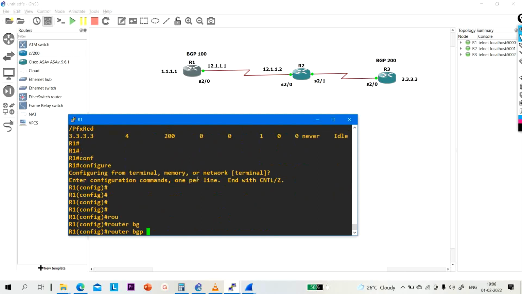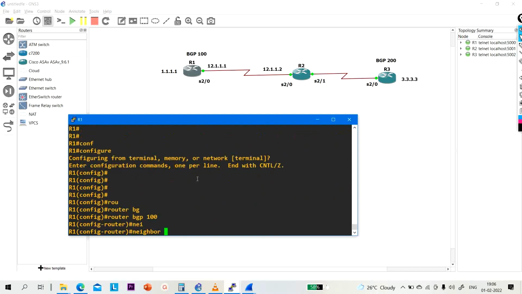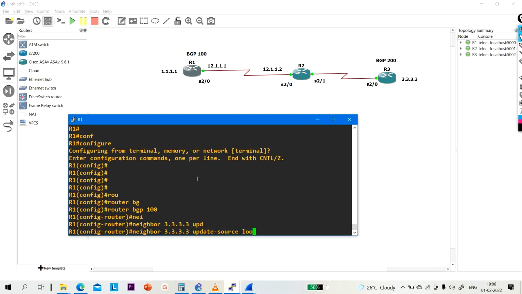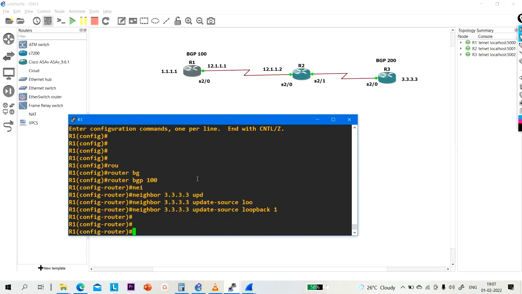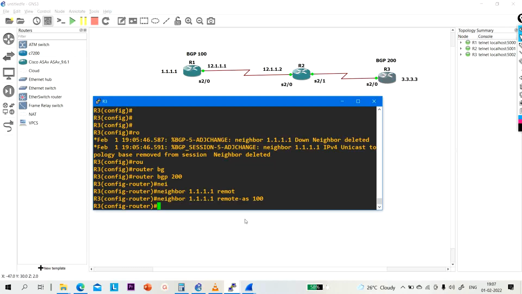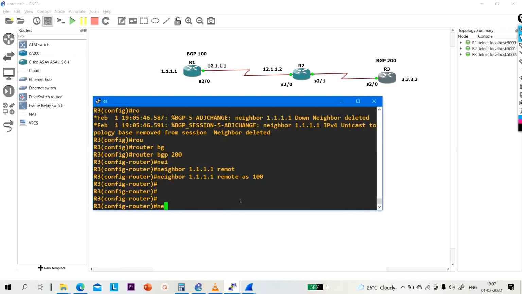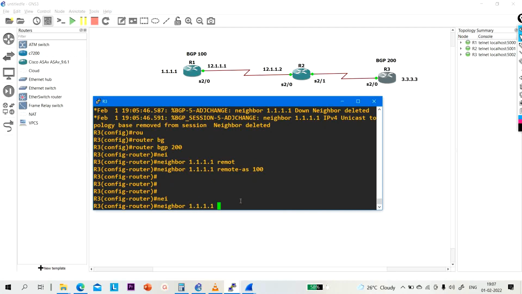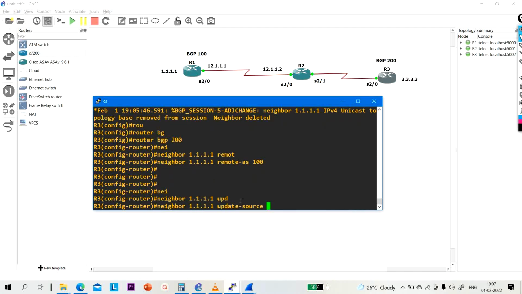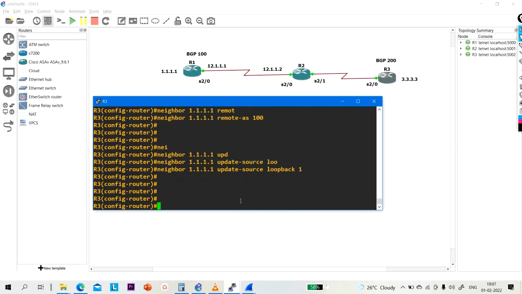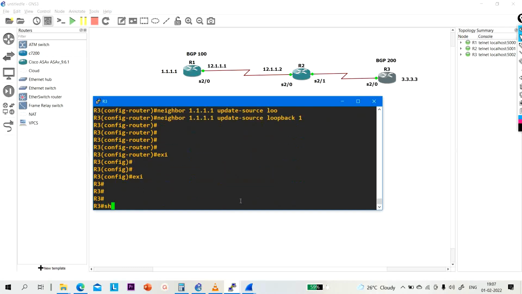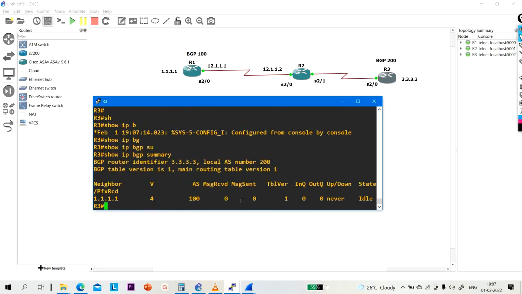Router BGP 100 and neighbor 3.3.3.3 update source loopback 1, right? Let me run the same command on R3. Neighbor 1.1.1.1 update source loopback 1, right? Let me show you the neighbor table. So, show IP BGP summary. Again neighbor is down because of TTL. What TTL value is R1 including in the open message? 1,